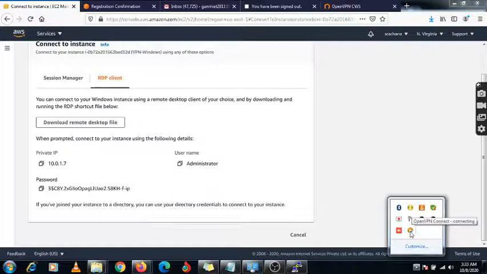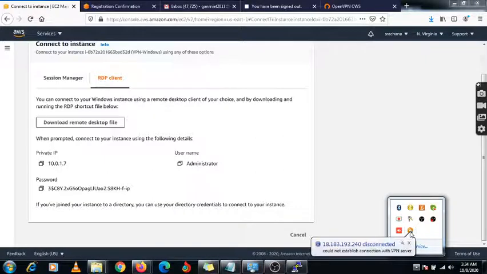Once it connects, this Windows machine will connect directly through this server, because previously we were connecting to our private subnet machine using the public subnet. Under the public subnet the instance is available, so using that instance we were getting access, right? Now it could not establish the connection with this VPN server.